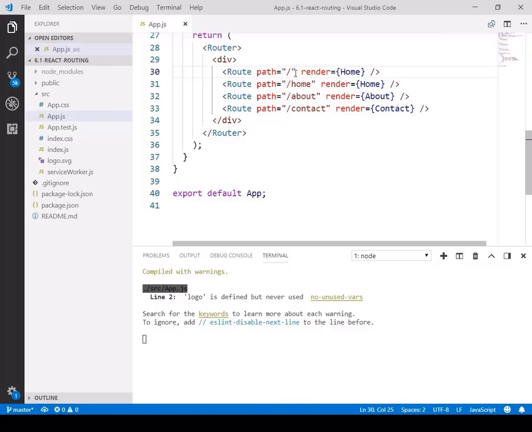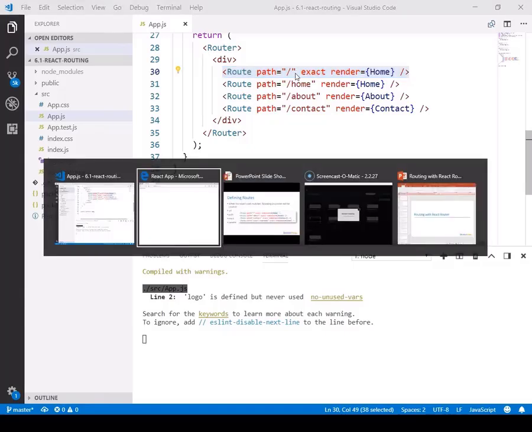And the third property which we need to write now is exact. The exact property tells the route to match the path exactly, as opposed to inclusive routing. So this Home component will only be rendered when exactly / , the default route, is matched.